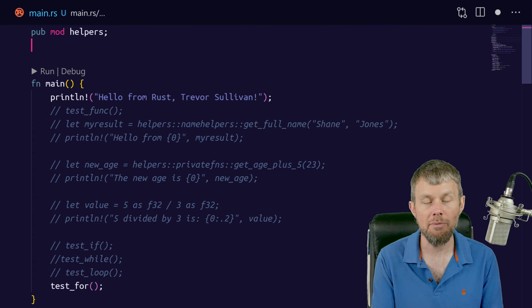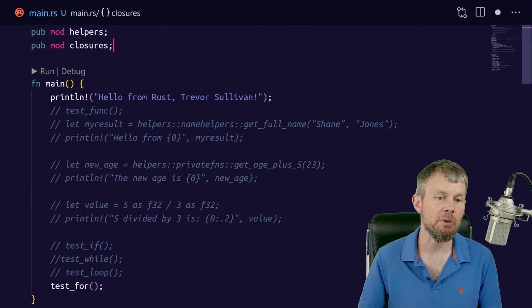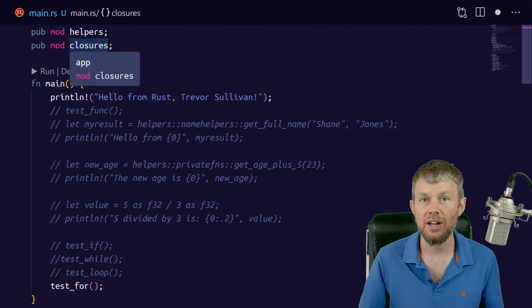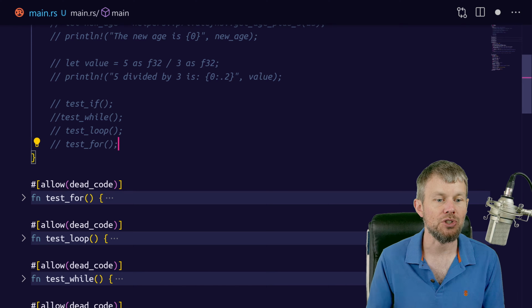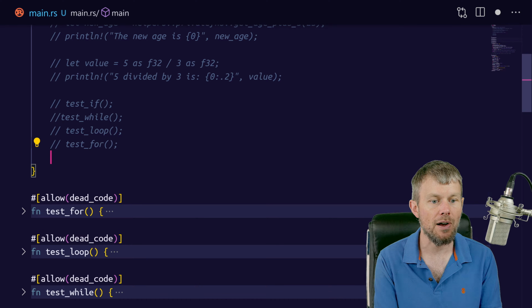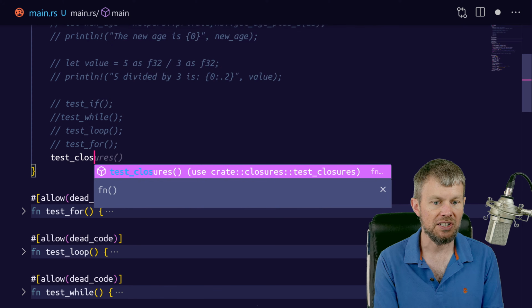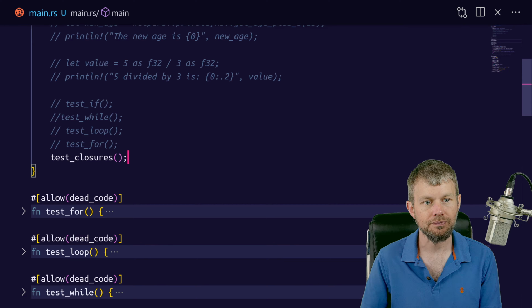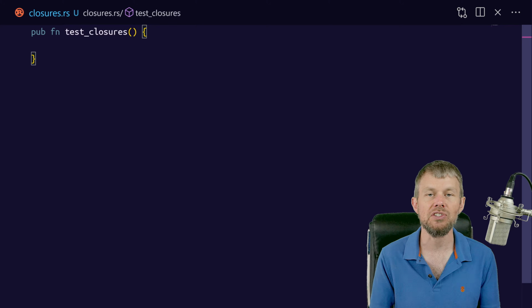And we want to import that closures module. So do pub mod closures. You can see it's auto-completing for us because it detects the different .rs source code files in our project. And then down at the bottom here, we'll just comment out the test4 call, and then we'll call out to the test closures function. All right, so back over in closures.rs, it's time for us to take a look at